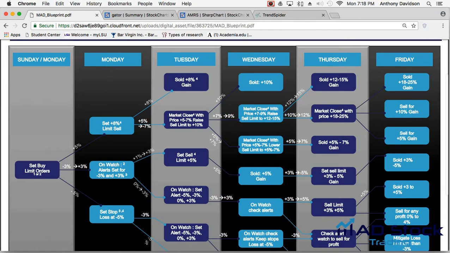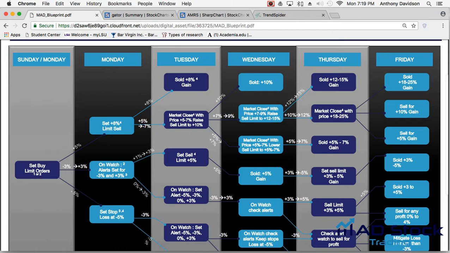So there's only 3 options after Monday. Monday evening, you come home, you unload your things, you check the market, you see what you got in, and now we're evaluating stock by stock. So AMRS, we know is up 2%. No, it's not plus 5%, so we're not going to set a limit sell. It's between -3 and 3%, so we're going to keep it on watch, and it's not -5% to set a stop loss. So my decision for this one would be to